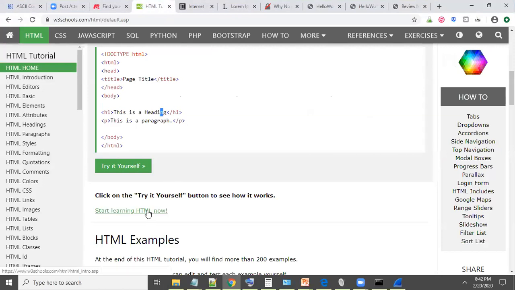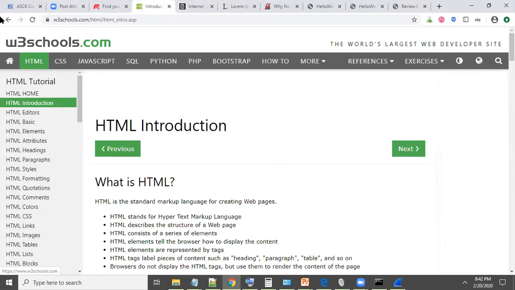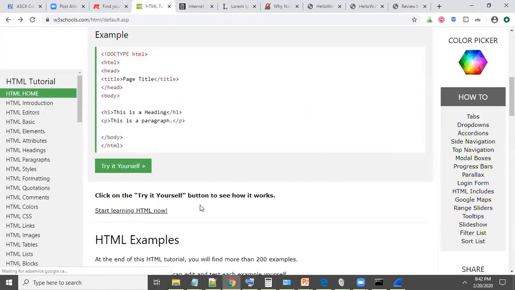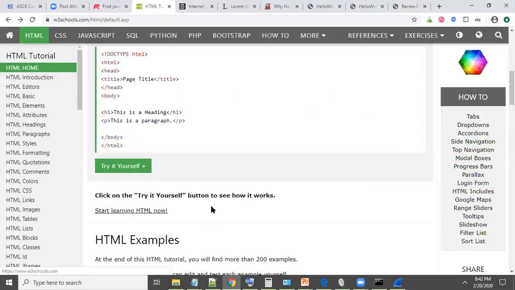Okay, so next, if you recall and you go to a website, you'll notice that there are a lot of links. So if we go to a particular website on the web and click on something like this, it'll take us to another page. So how are they doing that? And sometimes you might wonder how they're doing something.